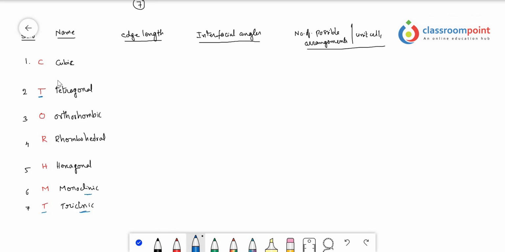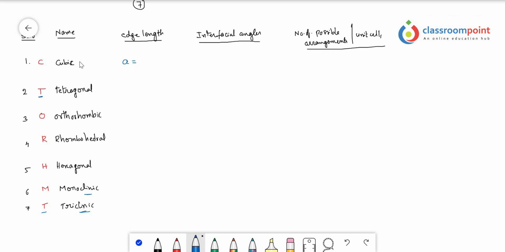And what are the edge lengths in the cubic? Edge lengths, actually, we have discussed: A, B, C. Interfacial angles means alpha, beta, and gamma. After discussing these edge lengths and interfacial angles, you can understand this clearly about these 7 basic crystal systems. In the case of the cubic, tetragonal, and orthorhombic,